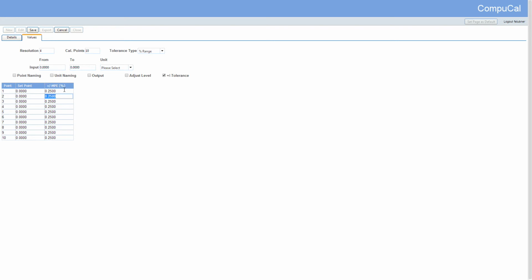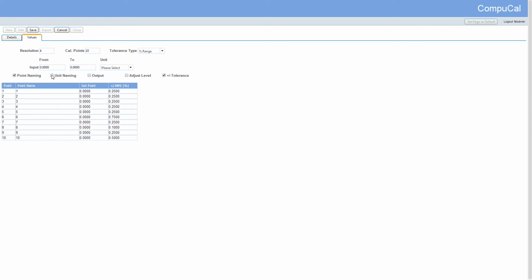After entering the first tolerance in the grid, the rest will pre-populate with the same value. You can, however, also use different tolerances for each calibration point, as I am doing here. Checking the point naming or unit naming checkboxes will also add 2 additional columns to the values grid. These 2 columns will then also change the printed calibration sheet format to accommodate the extra grid columns.